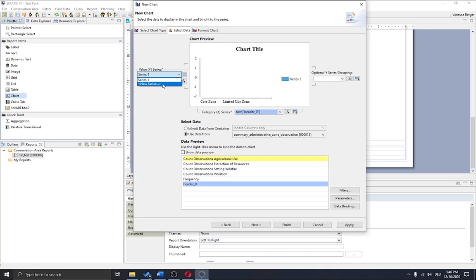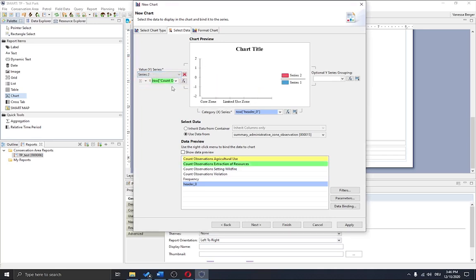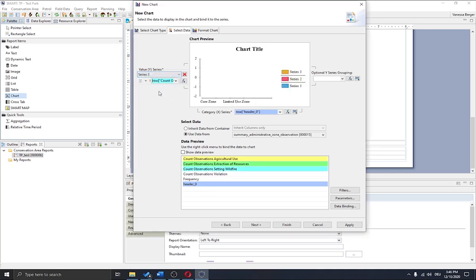Then I add a new series for extracting resources and a third series for setting wildfire. So now we have 3 series on our chart. We have our administrative zones in the X series, and now we can go on and